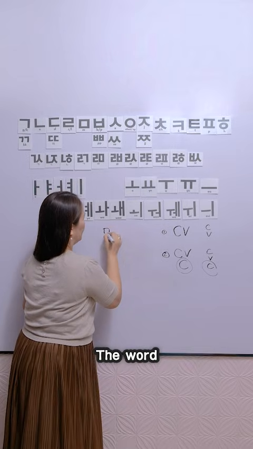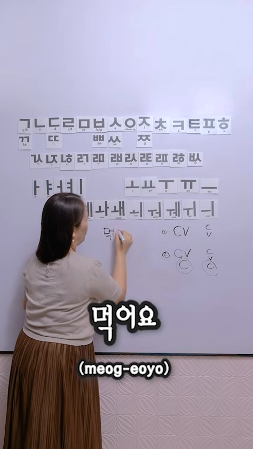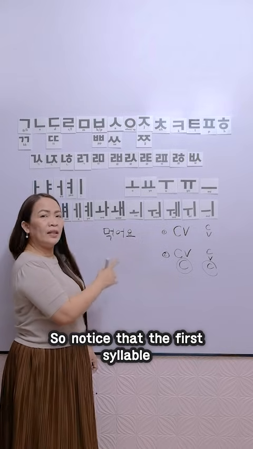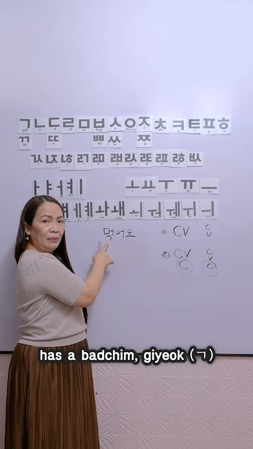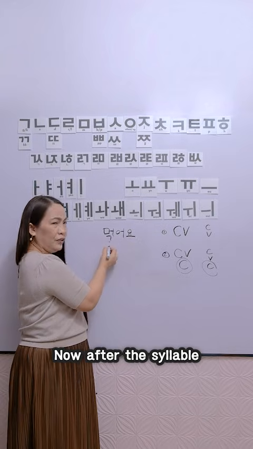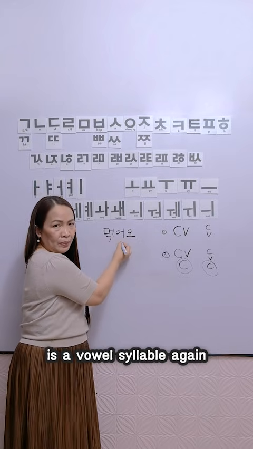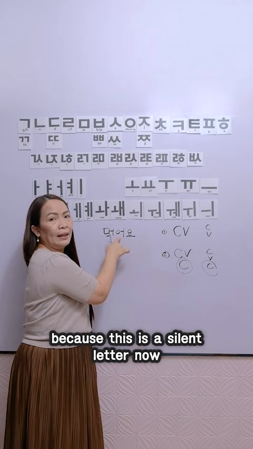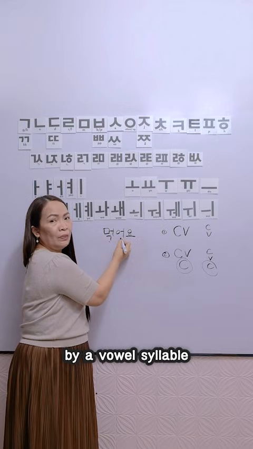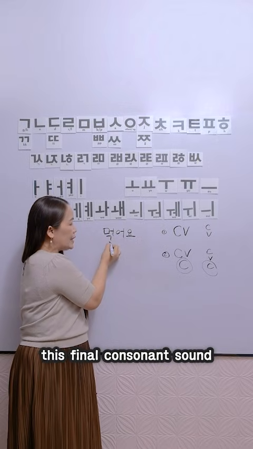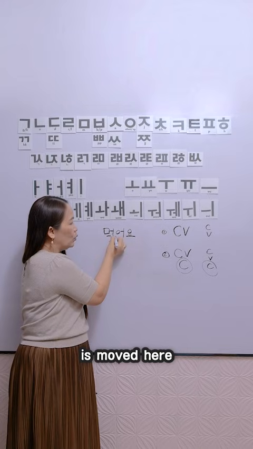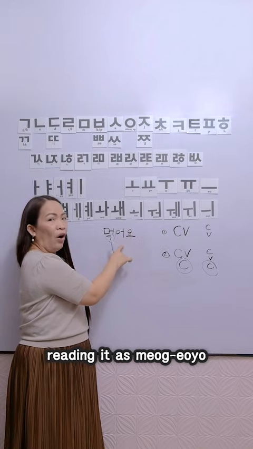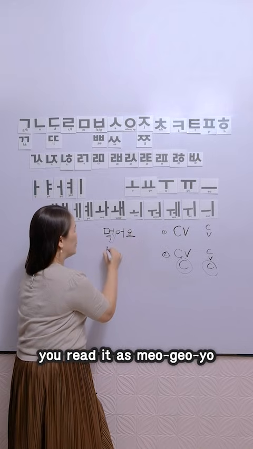The word 먹어요. 먹어요 means eat in Korean. So, notice that the first syllable has a 받침, 기역. Now, after this syllable is a vowel syllable. Again, vowel syllable, although there's ieung because this is a silent letter. Now, because it is followed by a vowel syllable, this final consonant sound is moved here. So, instead of reading it as 먹어요, you read it as